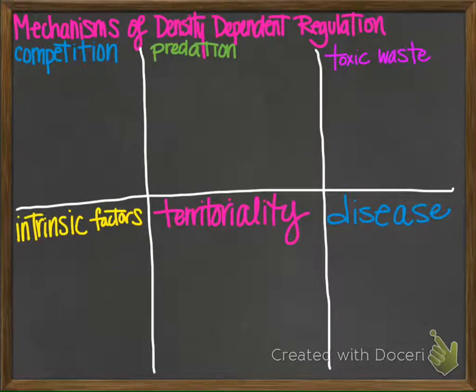So there's going to be lots of feedback regulation that occurs with population dynamics. At first we have competition, and competition can be for anything. A lot of times it's nutrients or space, and so in the case of plants, one way to overcome this is by adding fertilizers, because when you talk about agriculture, the plants are grown so closely together that they compete for nutrients in that soil. Adding fertilizer reduces that limitation.